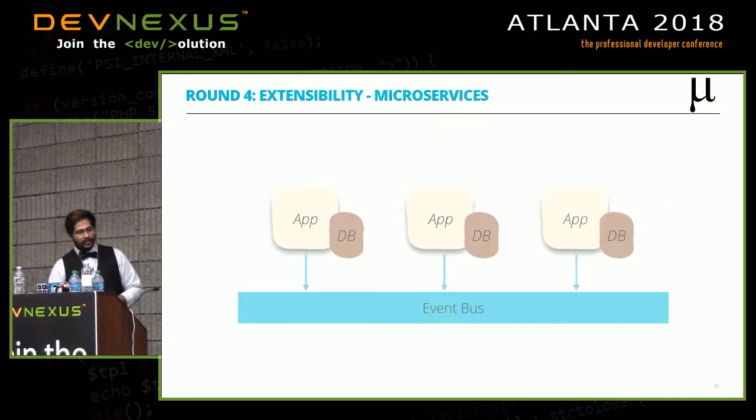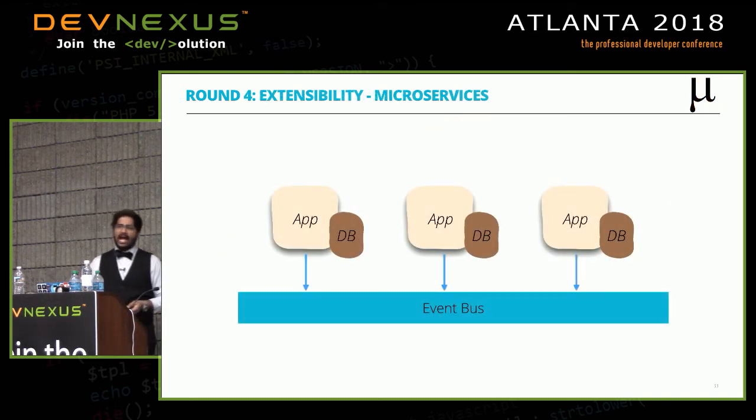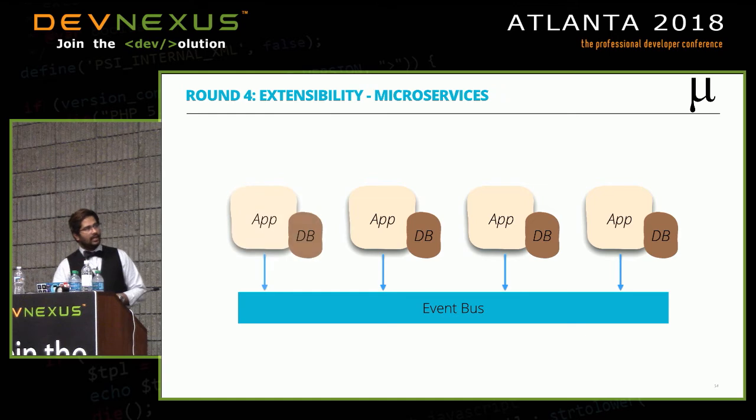Let's move on to round 4, extensibility, which is the ability to add a new service or new functionality in. So we started our application with 3 services. If we had to add a 4th one, and just add more functionality to it, let's look at the number of boxes we'd have to check before our service can go live, which in turn determines the amount of effort it would take to go live with an app.